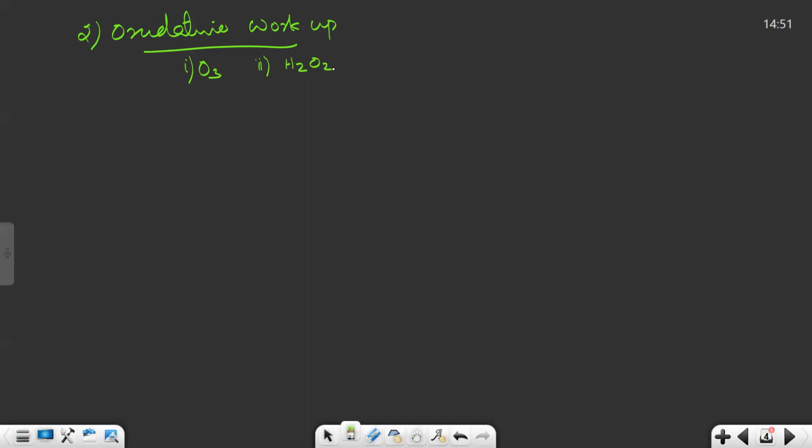We take the same example we started with, CH2 double bond CH2. Then you can compare which products you get in these two different methods. Here the first reaction must be done with ozone, right? When you do it with ozone, the reaction is the same, it breaks this double bond, and you will get two molecules of HCHO, formaldehyde. Now the second reagent is there, right? H2O2. H2O2 is a good oxidizing agent, so it oxidizes this aldehyde to acid.